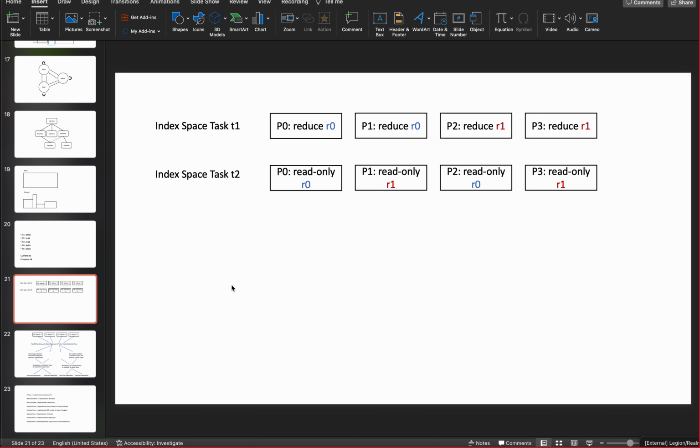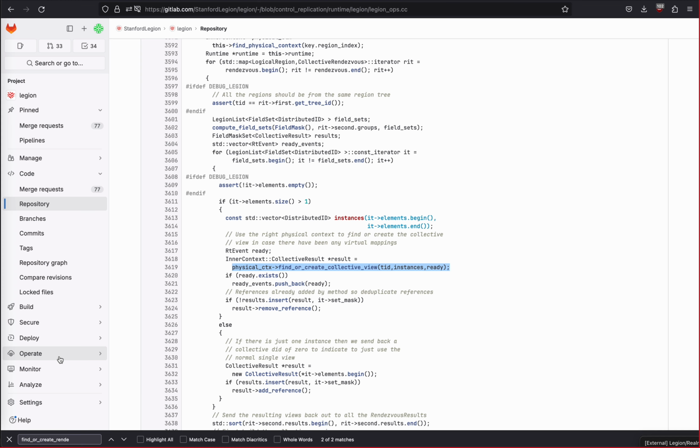We don't make new collective views every time we do a parallel rendezvous, right? Effectively, if we're constantly having the same index-based tasks matching on the same logical regions and using the same physical instances and they're mapping over and over again, they'll get the same collective views every time across the same parent task. That's the reason there's this find or create collective view call here. I should say it'll deduplicate across multiple index-based task launches when making these collective